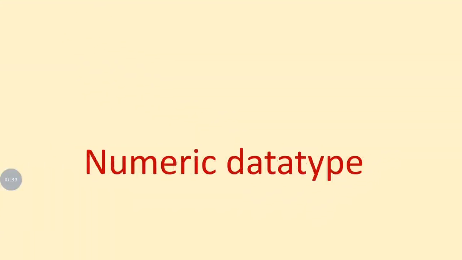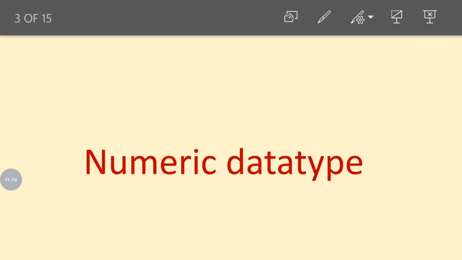So that is the numeric data type. This is the first classification of data types. This numeric data type includes int, float, double, like that. All the integers, all the double values, all the float values. These are used for columns which will store integer values as well as float values as well as double values. Double values are like float values, right? So we will see about this numeric data type now.